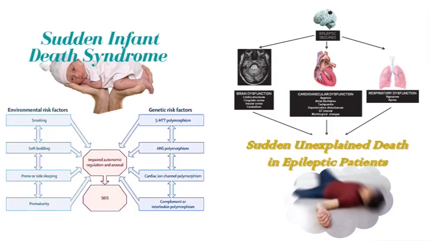But in some situations, we know that the person has had epilepsy, but they are just suddenly found dead. So there is no witnessed incident or witnessed trauma to explain the death. It's just that they are suddenly found dead, and even following the autopsy, there is no visible pathology to be identified. So these are therefore referred to as sudden unexplained death in epileptic patients.